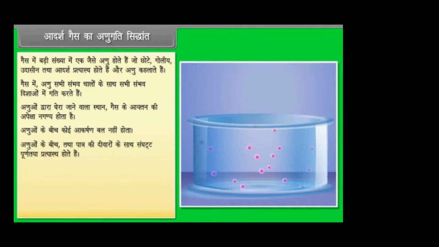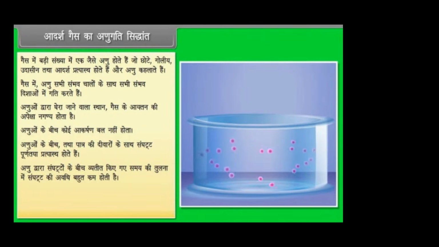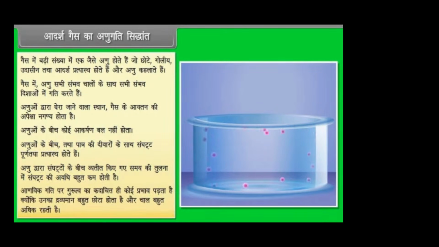अणुओं के बीच तथा पात्र की दीवारों के साथ संघट्ट पूर्णतया प्रत्यास्थ होते हैं। अणु द्वारा संघट्टों के बीच व्यतीत किए गए समय की तुलना में संघट्ट की अवधि बहुत कम होती है। आणविक गति पर गुरुत्व का कदाचित ही कोई प्रभाव पड़ता है, क्योंकि उनका द्रव्यमान बहुत छोटा होता है और चाल बहुत अधिक रहती है।